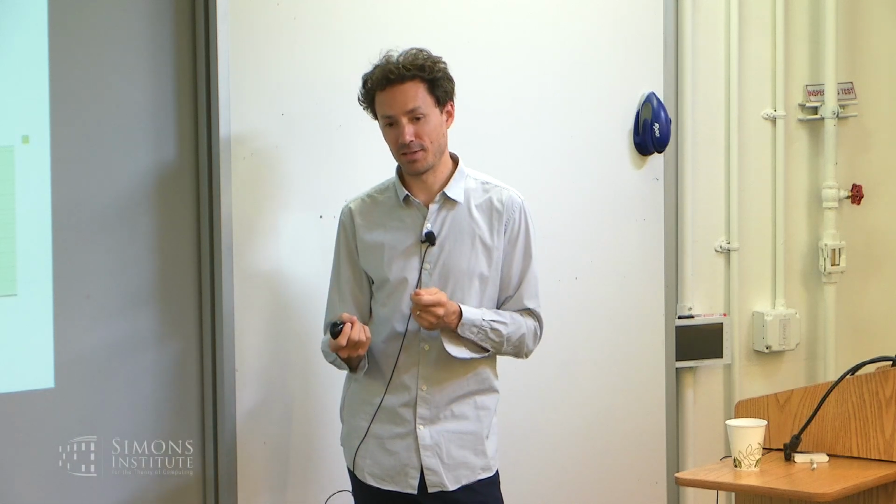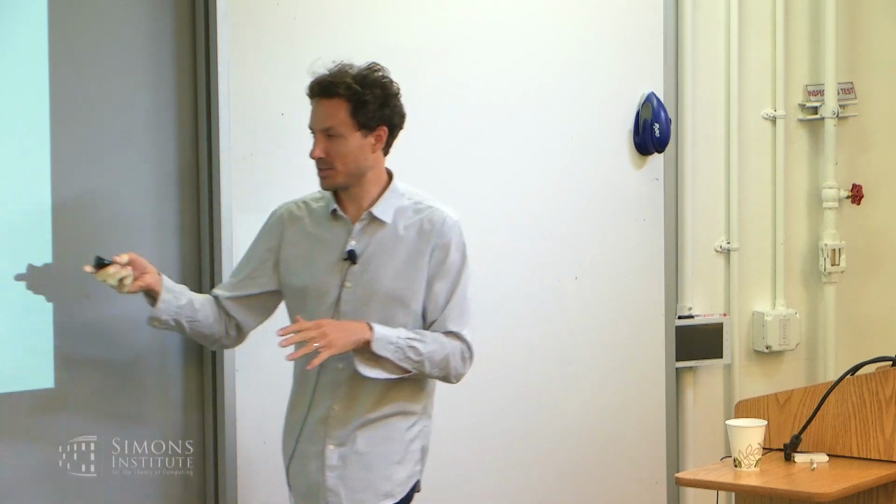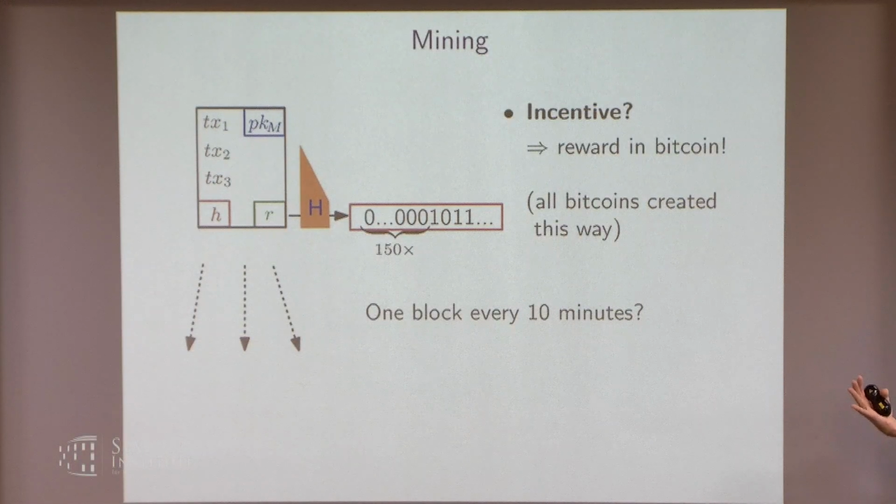So it depends on how fast they're really mined, which brings me to the next point, so I'll quickly mention that. What the Bitcoin protocol wants is that there is a block created every 10 minutes. But now people just work in an uncoordinated way and try to find blocks.